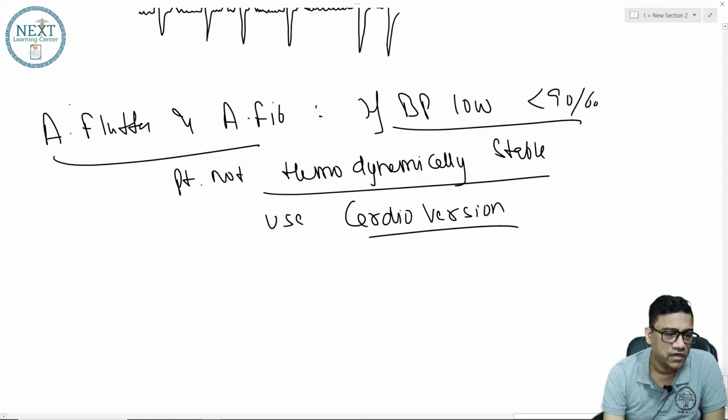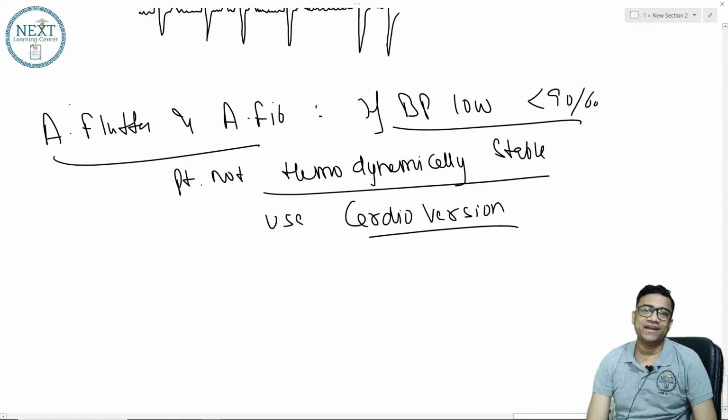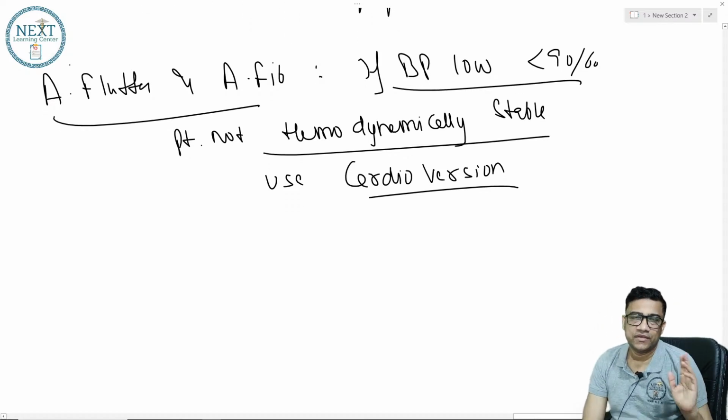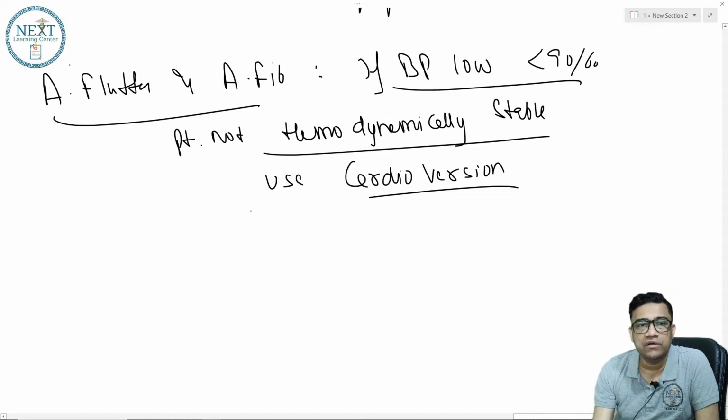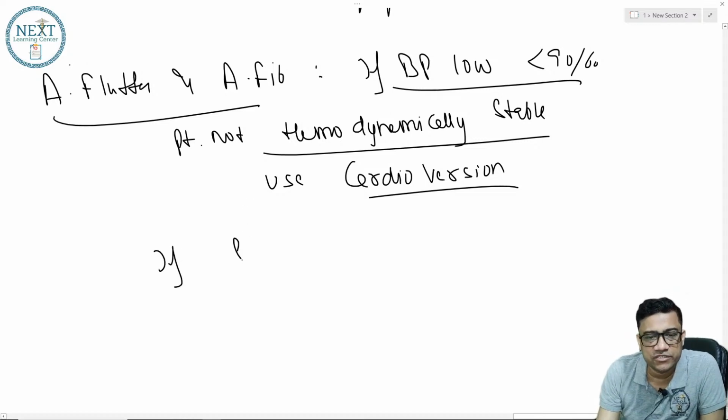Adrenaline is used if there's an arrest. If there's an arrest, we'll use adrenaline. Here we are using cardioversion, and if stable,